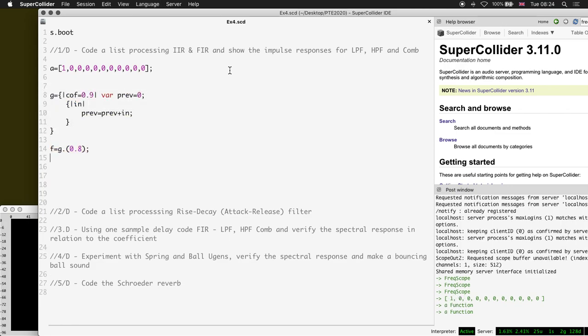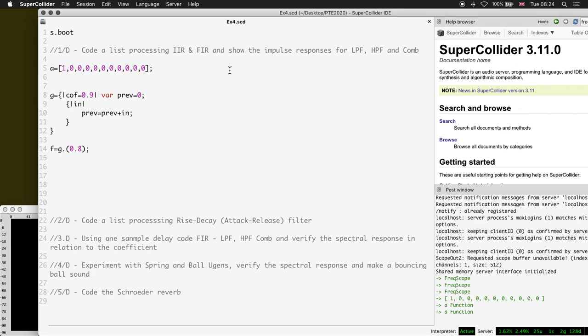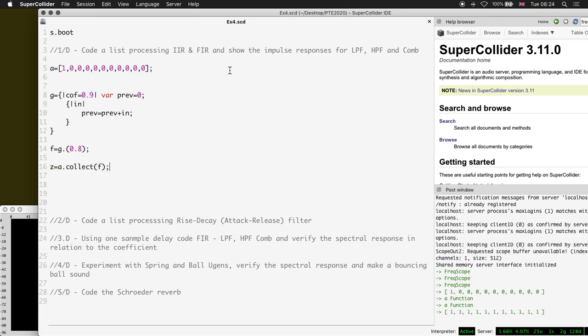Function filter, and then our final signal is a.collect, and then we're going to pass the function f, the filter, to that, and this is what I get, which is funny, although obvious, because what happens here is that each time the next value is 0, the previous value has already been 1. So I get a series of 1s, because one thing I didn't do here is multiply